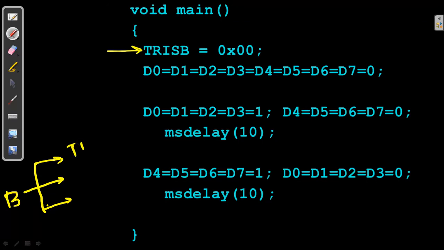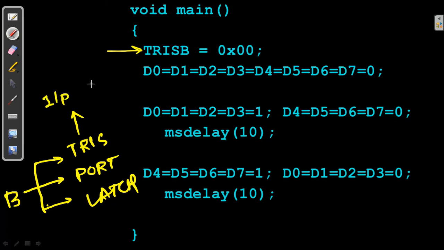First one is the TRIS register, then the PORT register, and the LAT register. The TRIS register is used to define the direction, whether you are using that pin or port as an input port or as an output port. The PORT register is used for the value, like 1 or 0, and the LAT register is used to latch the data.